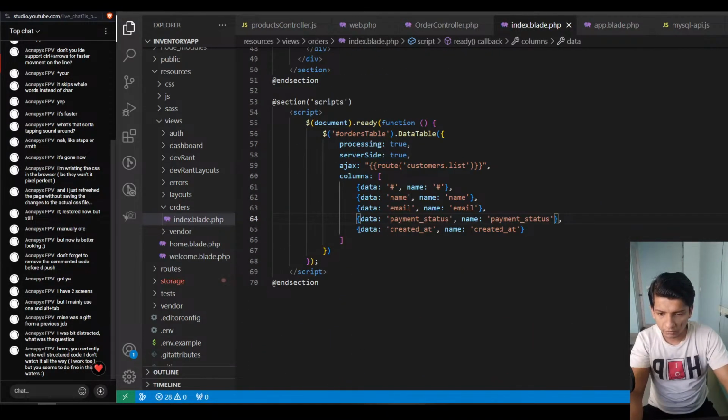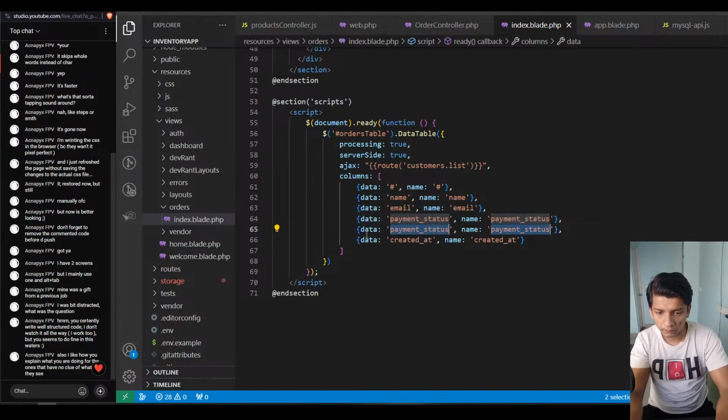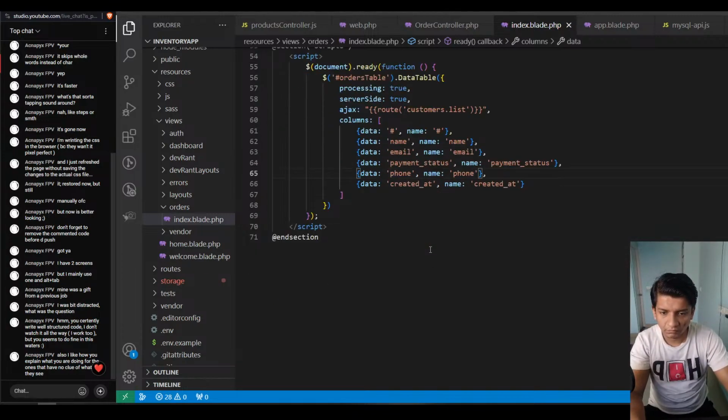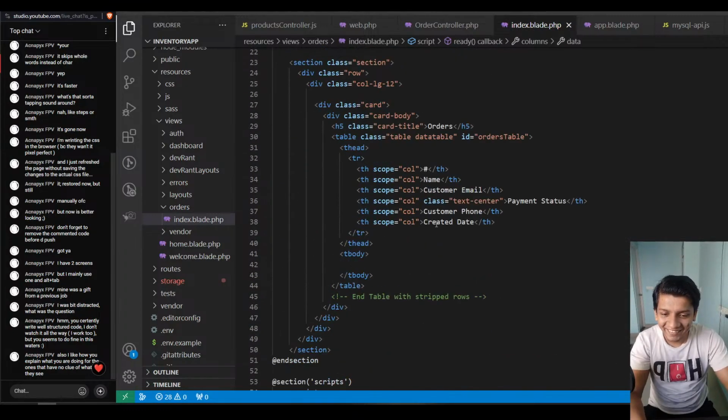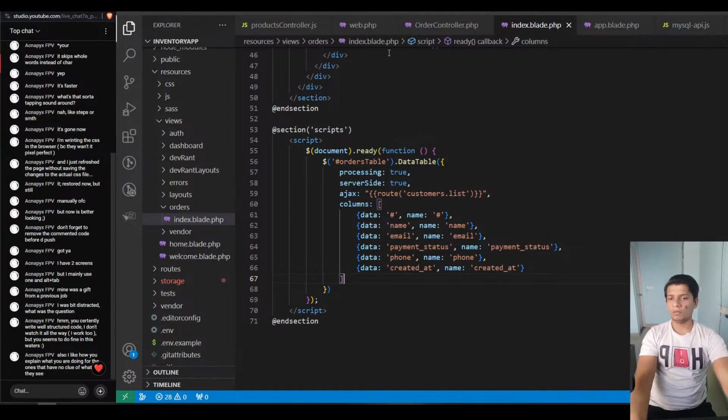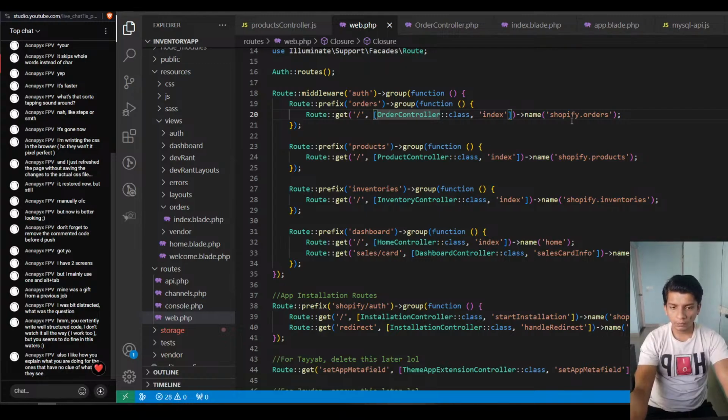Payment status, customer phone. All right, thanks. Created date, created at. Okay, cool enough. Okay, so Shopify.orders would be